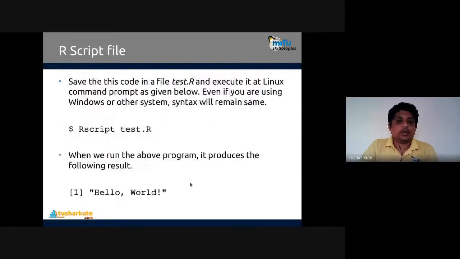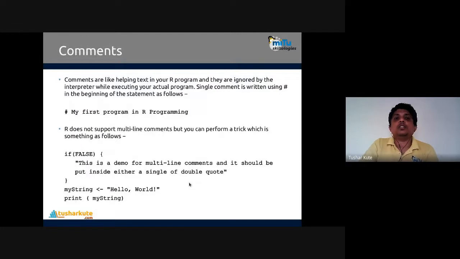Okay, comments, that we have seen in the script file also. Every aspect of programming, as we have seen, is possible in R. So, just like other interpreter-based languages, comments in R start with the hash. Whatever statement we give after the hash will be ignored by the interpreter, so it will not be checked for any kind of error. That's what we call a comment in R.